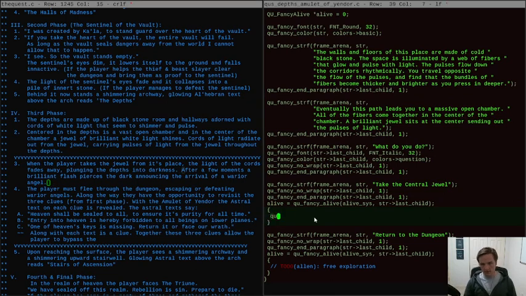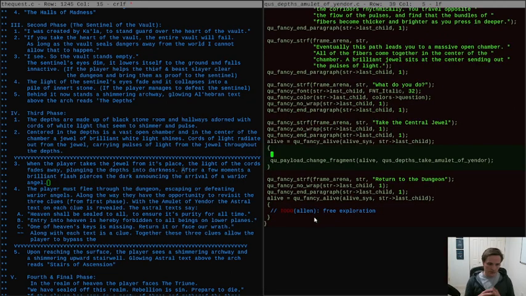So this is going to be a payload, change fragment. Here's the alive, QUS, depths, take Amulet of Yendor. And I'm also going to say we need another thing to happen here, which is we